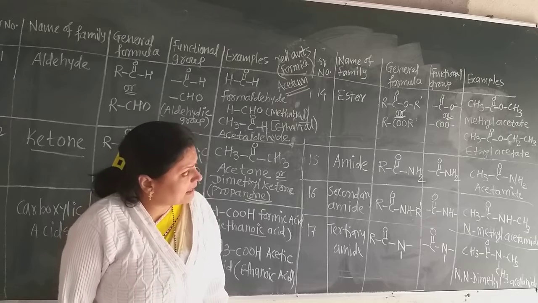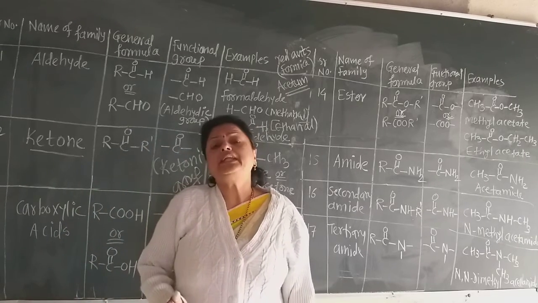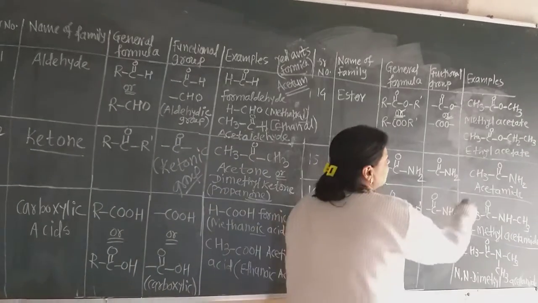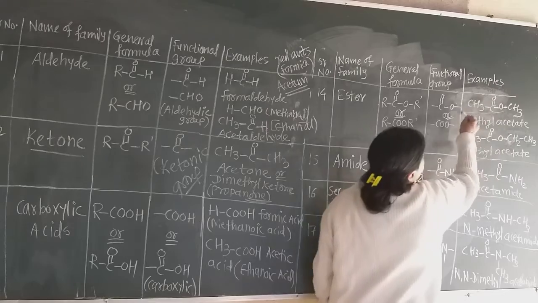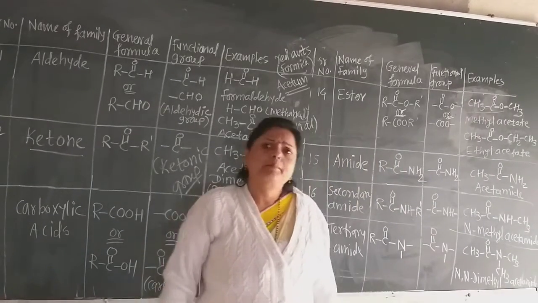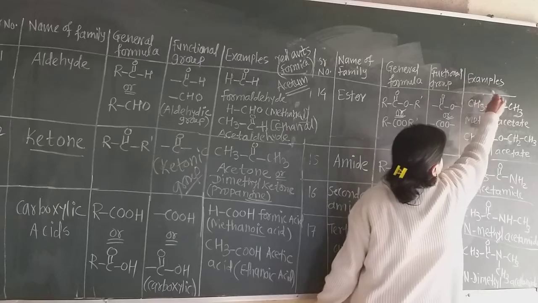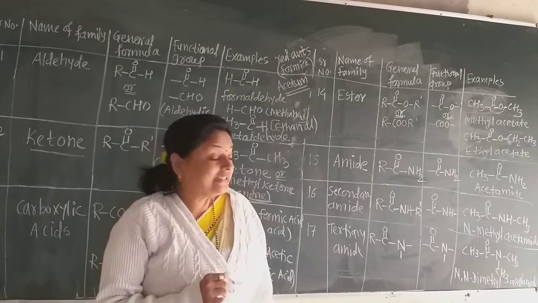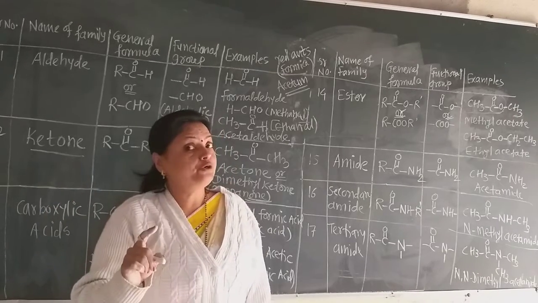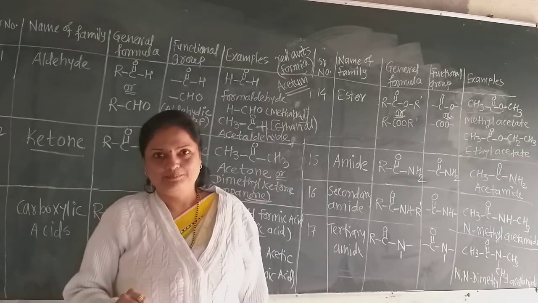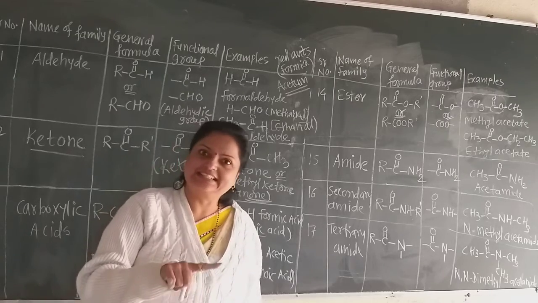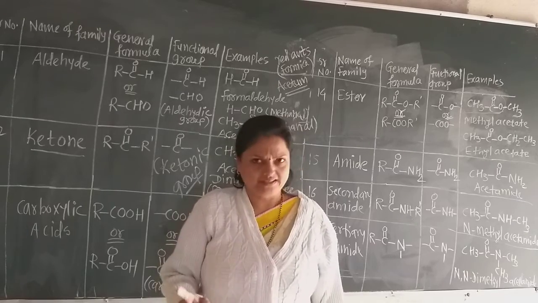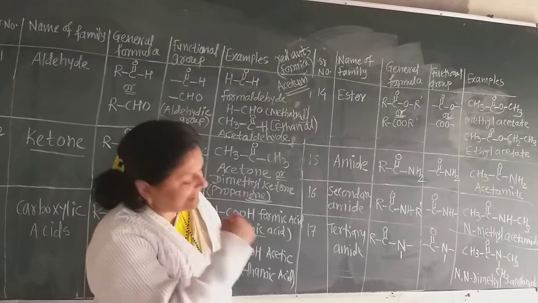Now see the first example. In the ester family the name is given from the back side. Now the name of this is methyl acetate. Why is it methyl acetate? Because this group comes from acetic acid or ethanoic acid, a 2 carbon containing acid. Now methyl acetate is the common name, but the IUPAC name is methyl ethanoate, because the acid is ethanoic acid. Acetic acid is nothing but ethanoic acid. So the IUPAC name is methyl ethanoate, but commonly it is called methyl acetate.